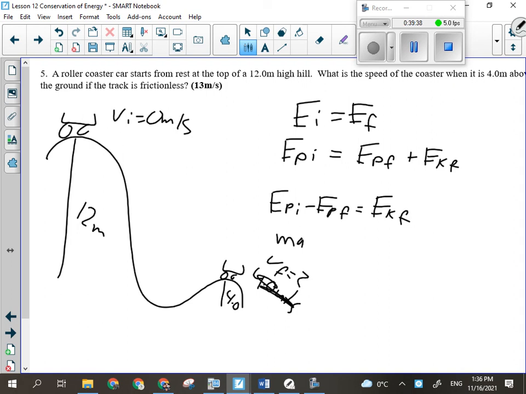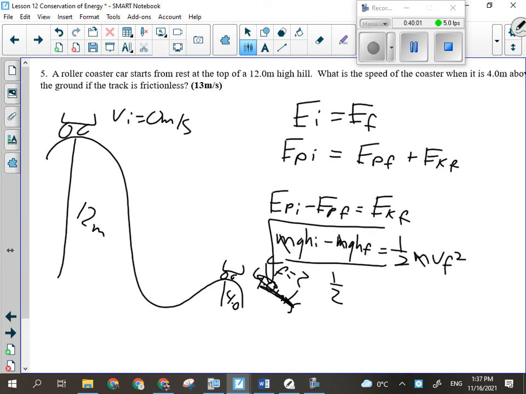So m times g times h initial, minus m times g times h final, equals 1/2 m v final squared. What can I cancel? Mass. Is that a good thing in this question? Yeah, because they didn't give it to me. Not that it matters, but they didn't give it to me. So I'm going to cancel that off, divide both sides by 1/2, and then square root, and that'll give me